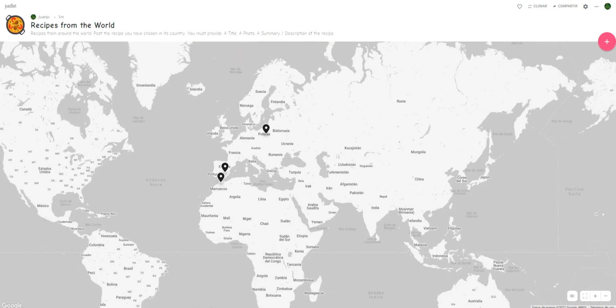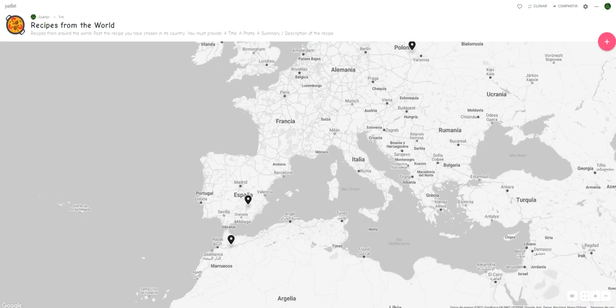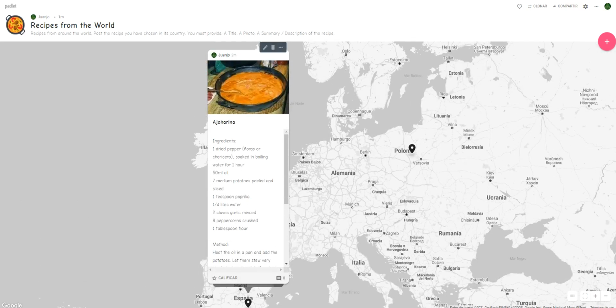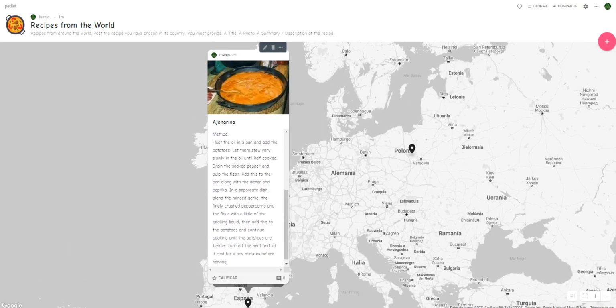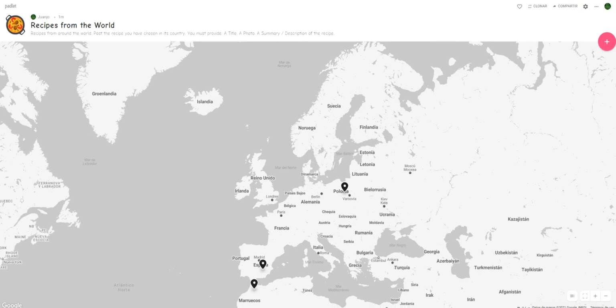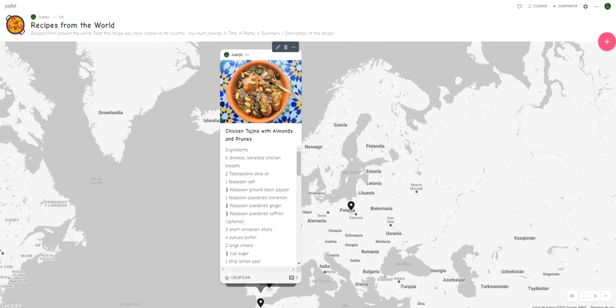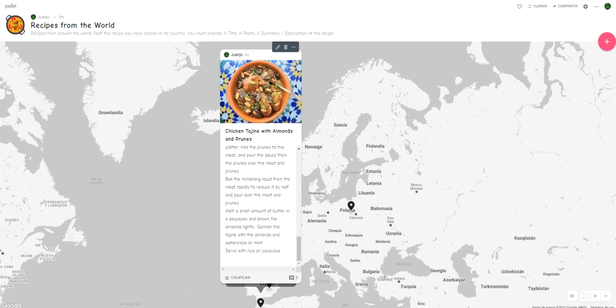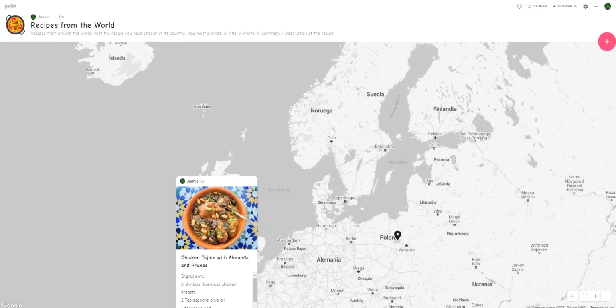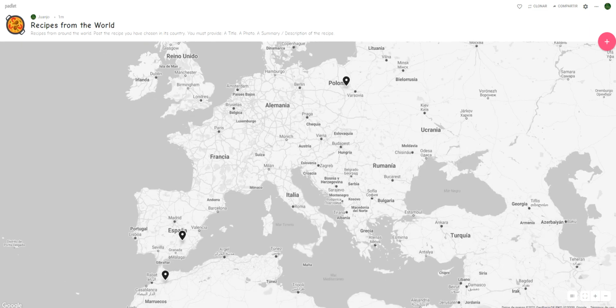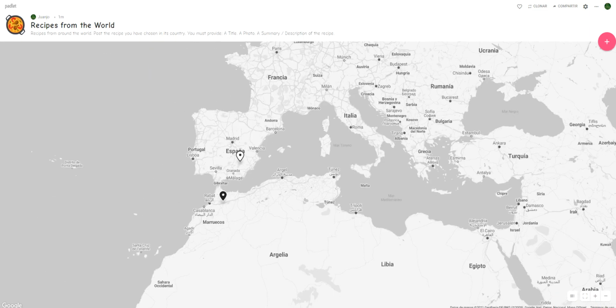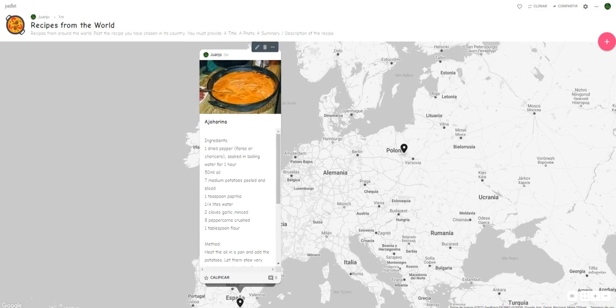So you can move around and check the other recipes from the world that the other groups have chosen and published. What you could do as well is to evaluate these other recipes from your peers